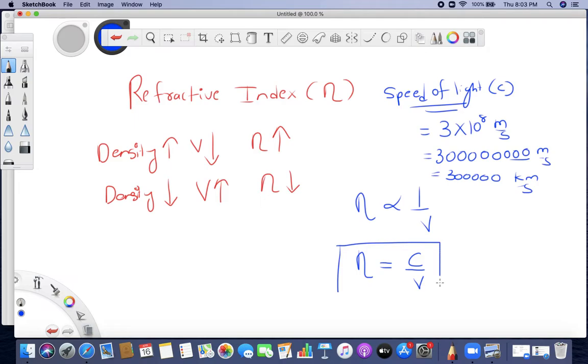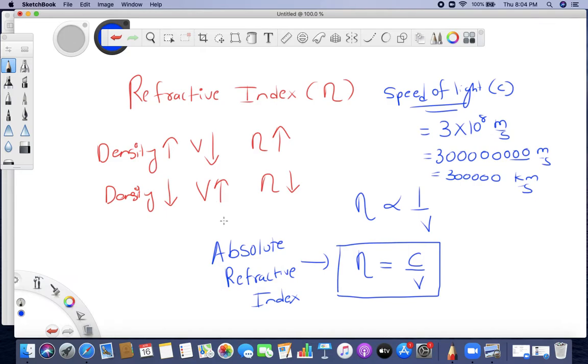So this is a general relationship, and whenever you are comparing with something naturally, we call it the absolute refractive index. So refractive index is of two types, absolute refractive index and relative refractive index. So this is called absolute refractive index. When can you say it is an absolute refractive index? When you are comparing it with the highest speed, right? And what is the highest speed? That is the speed of light. So refractive index n is equal to c upon v. What is v? v is the velocity in a given medium, and n is the refractive index of that given medium.